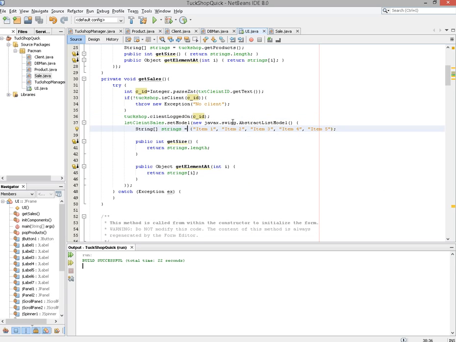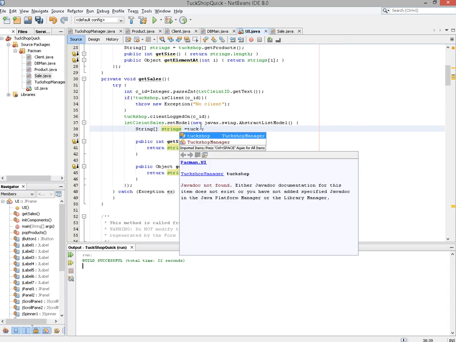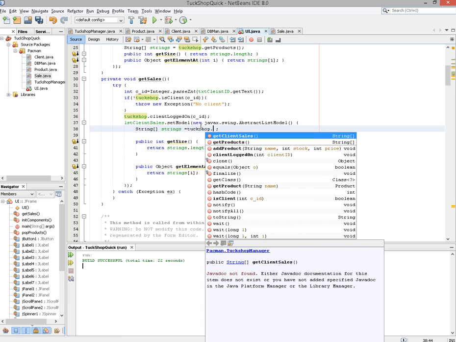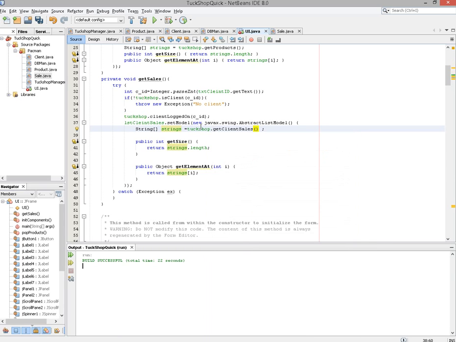Now over here, all we're going to do is the exact same thing as we did earlier. So just to repeat this logic, I've just got to pause, I'll be back now. Okay, so I've got an array of strings here. Now instead of getting it from there, we're just going to use the dot get client sales, and that will return the array of strings. That will populate